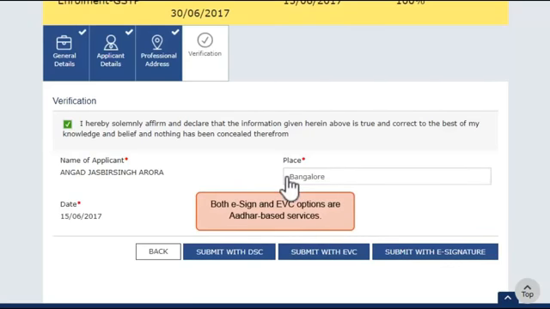Both these services are Aadhaar-based service and require you to have the mobile phone number registered with the Aadhaar database handy. In case of EVC, you will need to enter the OTP for authentication.